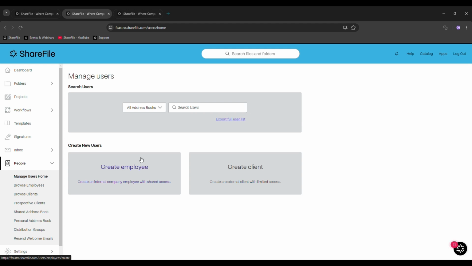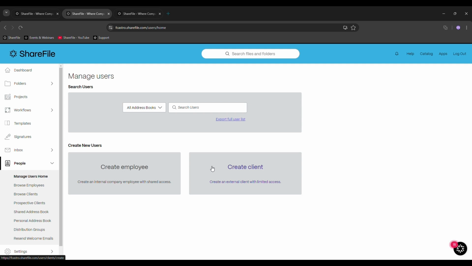Employee users will be your colleagues, people that work with you, that are part of the same organization, the same company, whilst client users are going to be contractors, external users, the clients of your organization.